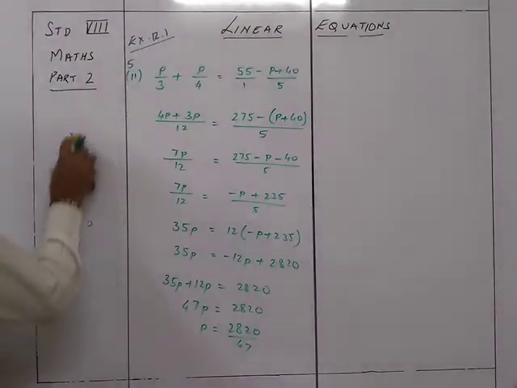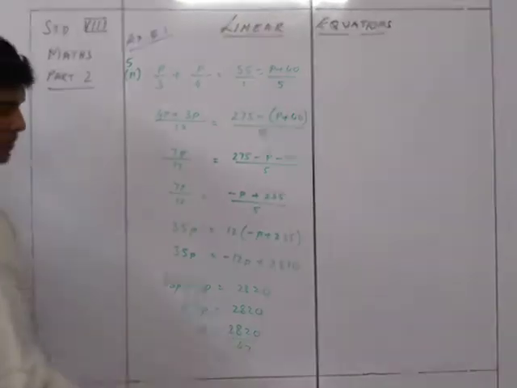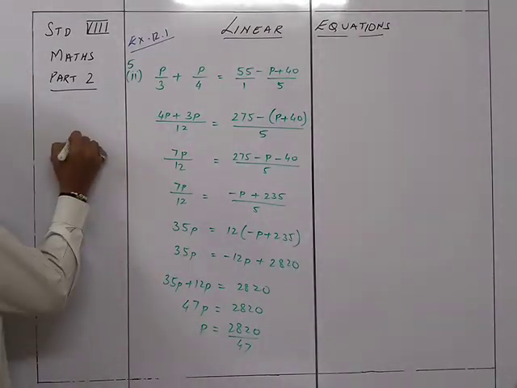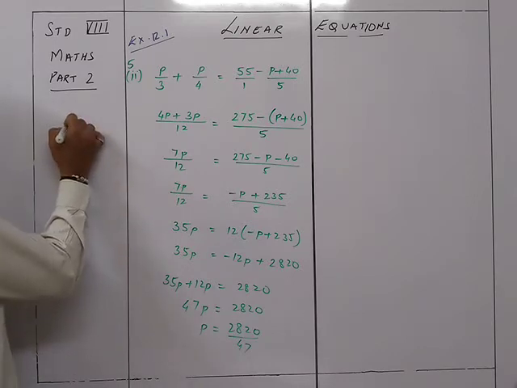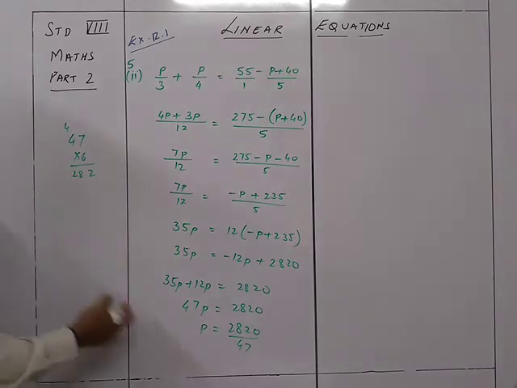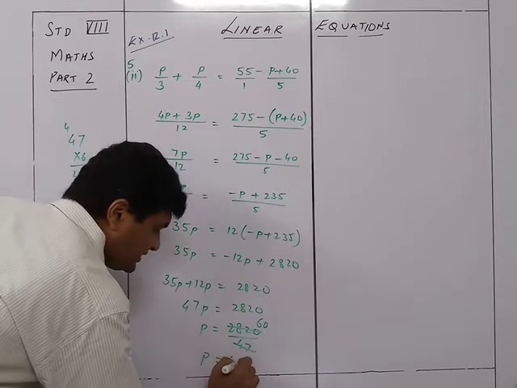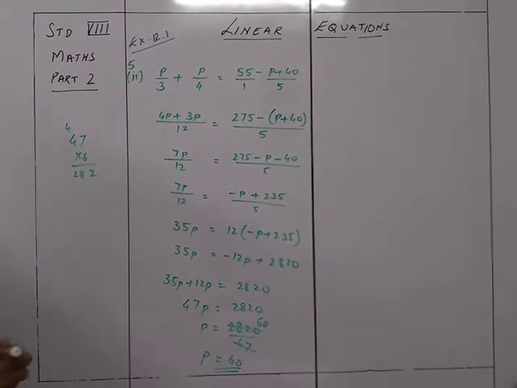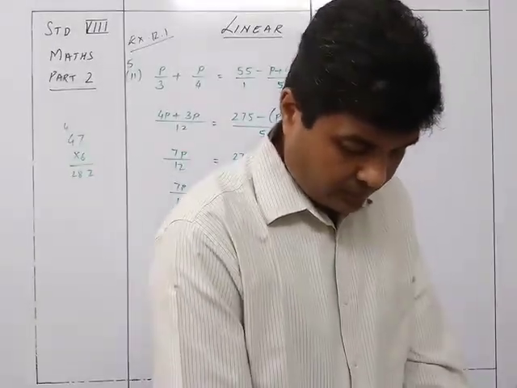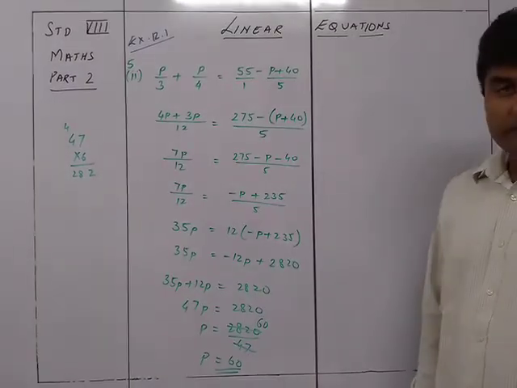Now you can see that 47 itself is a prime number. So there has to be some number which should give you 282. Now in the multiples of 47, when does 2 come? At 6. So we can try this one. 47 into 6. So 6 7s are 42 and the 24 plus 4 is 28. So 282, yes. So this cancels to 60. So that's why p is equal to 60 is the final answer of this particular question number 5, second. Is it clear? Question number 5, second, answer is 60. This is how you are doing it.